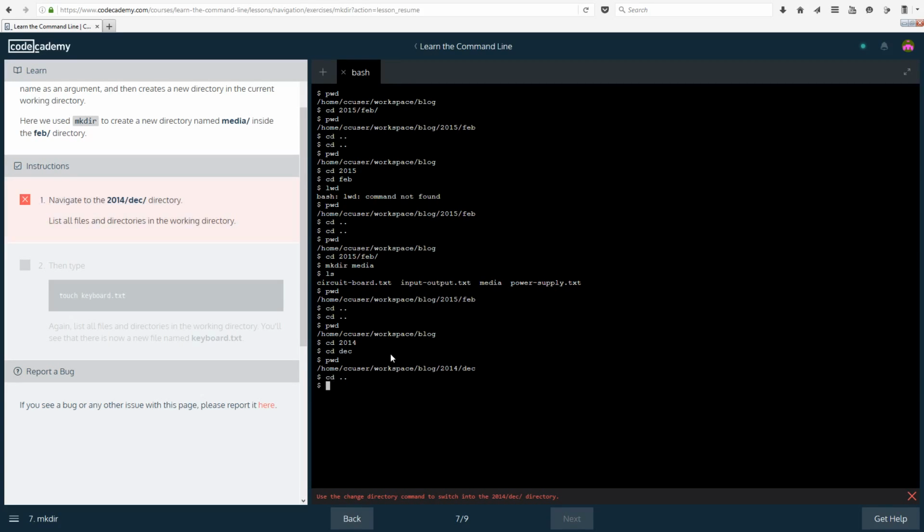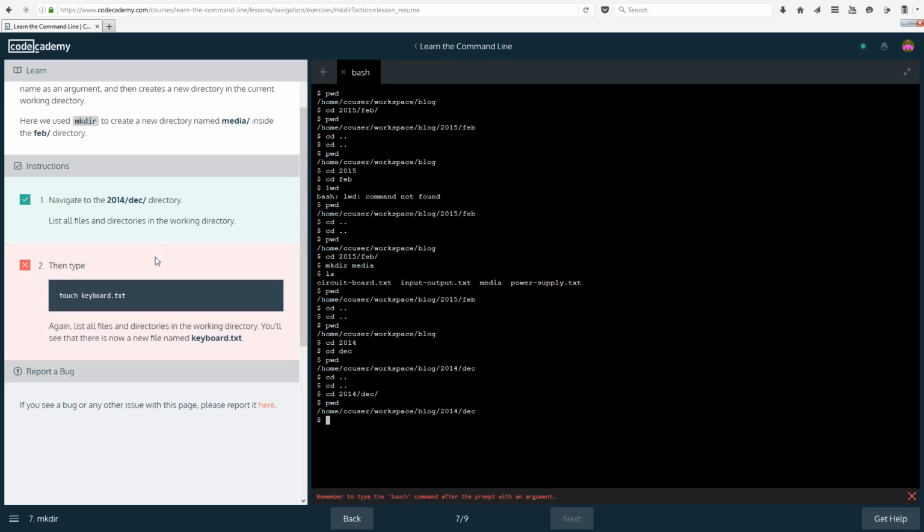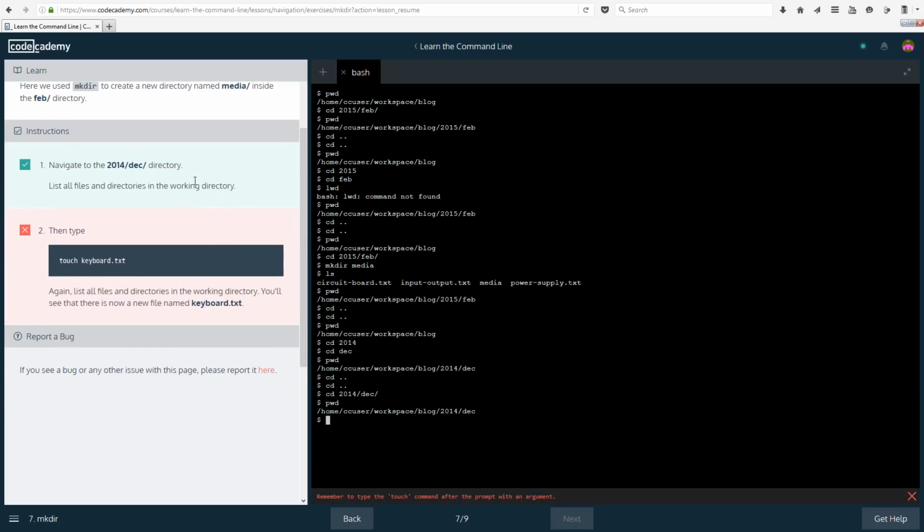So let's show you that it does work if you do it this way. So cd 2014 then dec, there we go. So now it worked. If you do it in one step it works. If you do it in 2 separate steps it doesn't work. I don't know why. I think that it should work, but oh well. Then type